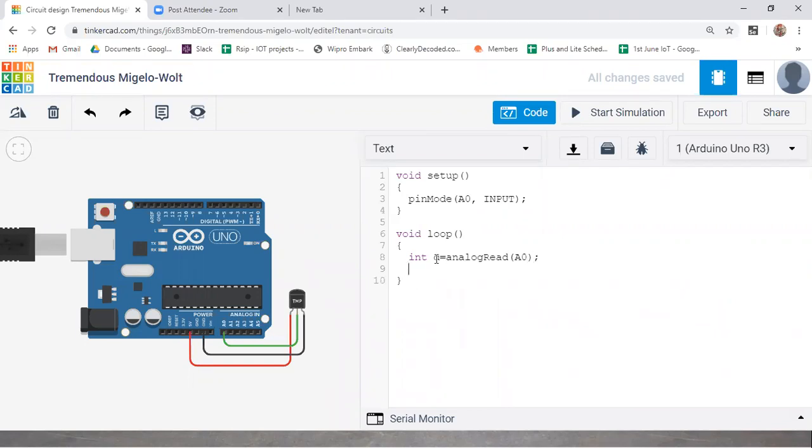Here you are getting data as volts. If you are getting data in volts, you need to first convert it, in the form of analog values, right? For converting it into analog values, what you need to do, right?